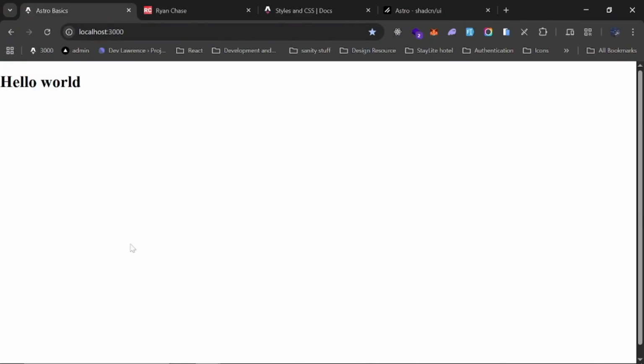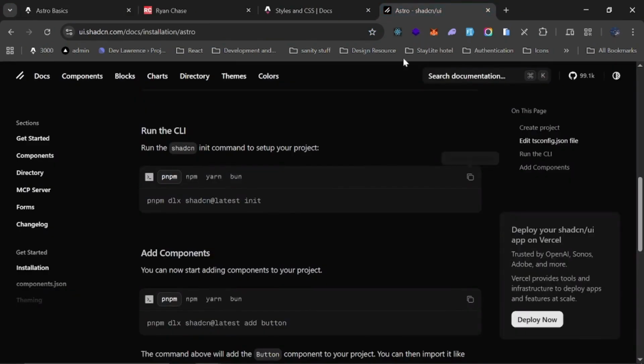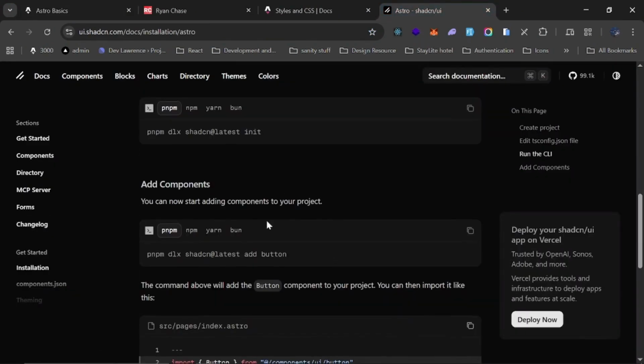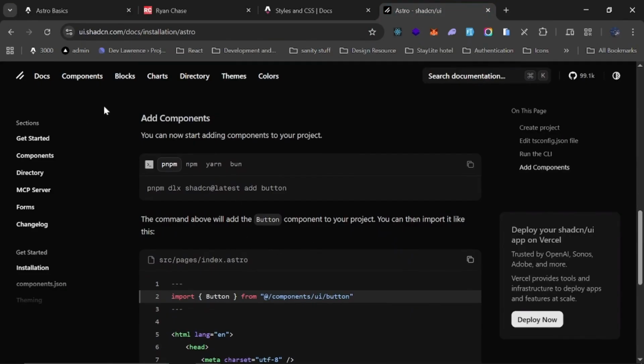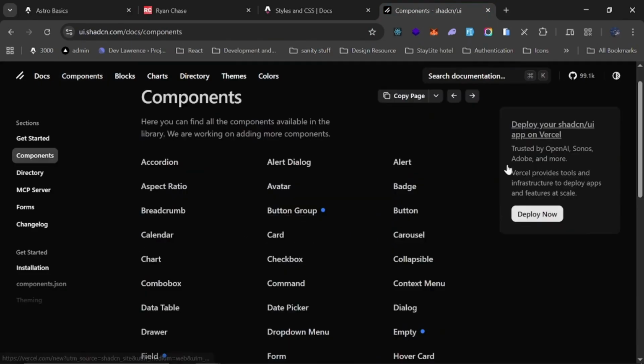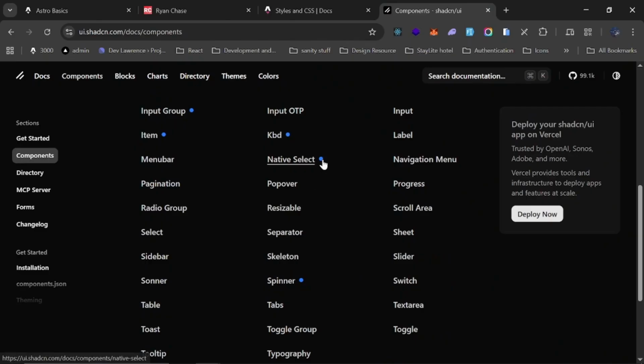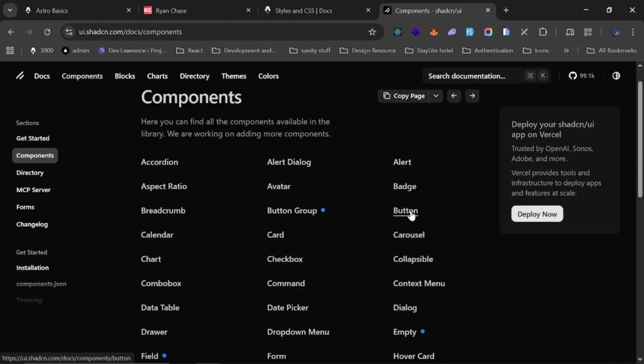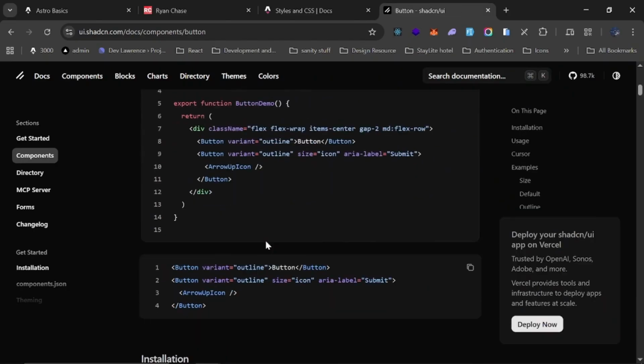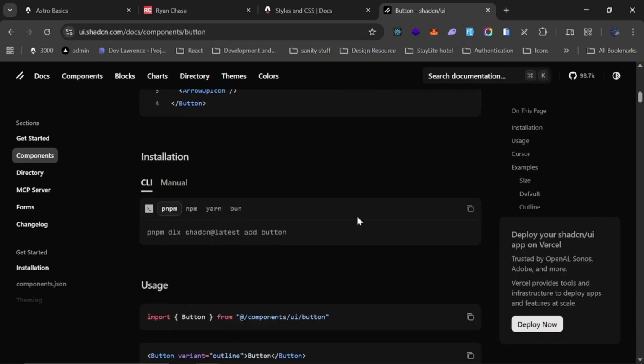So the next thing I want to show you is how to use the shadcn component. In order to add a component, you just need to go to components, then search for the one you want. As you can see, all these ones are new ones. So I'll go to button, then I'll scroll down and install it via this command. So I'll copy it like so,